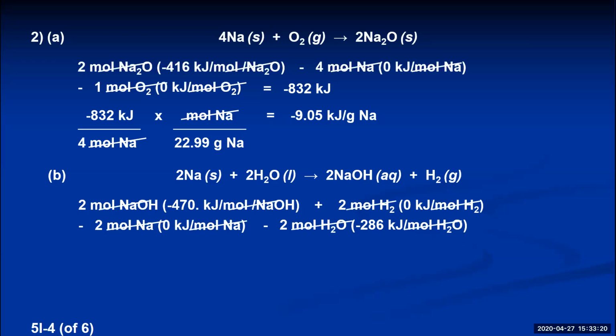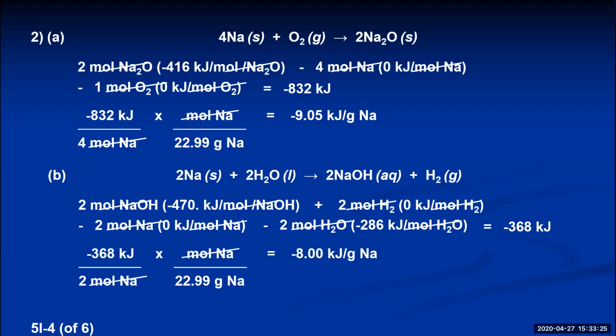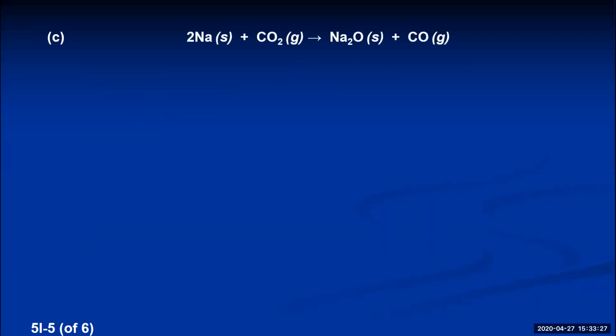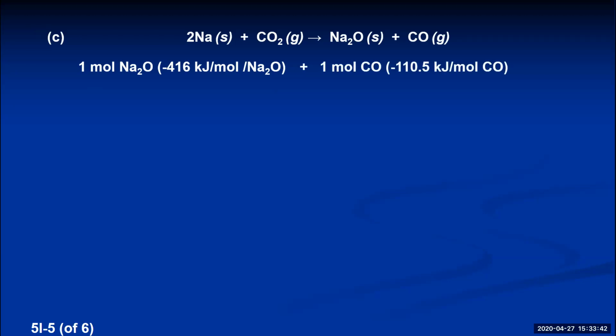C is the reaction between sodium and carbon dioxide. This balanced equation is 2Na plus CO2 yields Na2O plus CO. Products minus reactants, when we use our standard heat of formations, starting on the product side, there's 1 mole of sodium oxide multiplied by its standard heat of formation of negative 416 kilojoules per mole, plus 1 mole of carbon monoxide multiplied by its standard heat of formation of negative 110.5 kilojoules per mole. Over to the reactant side, minus 2 moles of sodium multiplied by its standard heat of formation, which is 0,